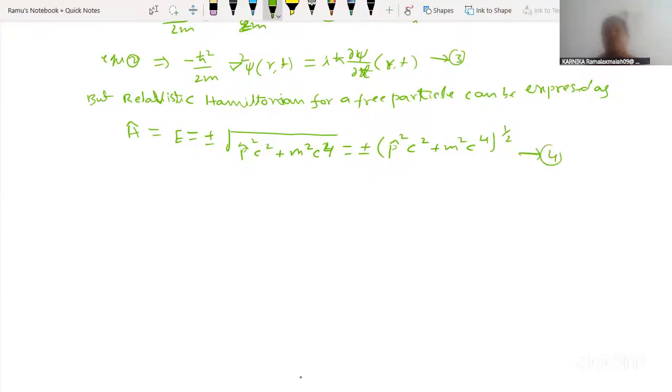Okay. So here the kinetic energy formula you have to substitute. Here H cap is equal to the Hamiltonian formula. Here E is equal to plus or minus under root of p square c square plus m square c power of 4. Simplify the square: the square and the root cancel, and the remaining value is this formula, the whole power of 1 by 2. You write that concept. So next